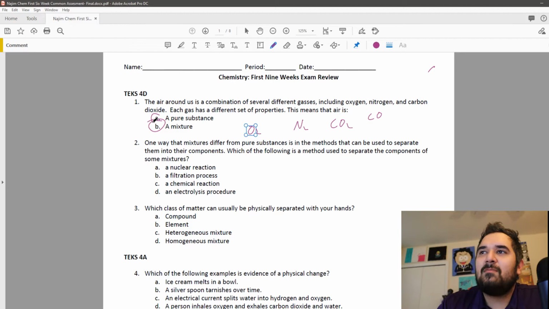Number 2 says, one way that mixtures differ from pure substances is the method that we can separate them into their components. Which of the following is a method used to separate components of some mixtures? So here we're looking for a separation method. A nuclear reaction is not a separation method. A filtration process, that one actually is a separation method. The annotation is not good. I can't even get a check mark. So a chemical reaction, is that a separation method? Chemical reactions can be a separation method, but that's not really what we're looking for here. And then electrolysis, that's also kind of a separation method, but it's not for physical